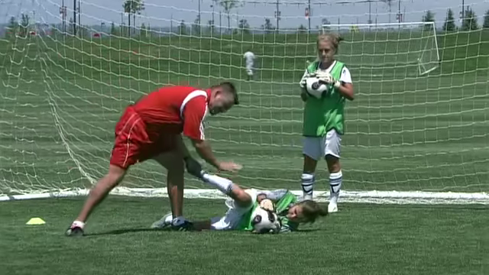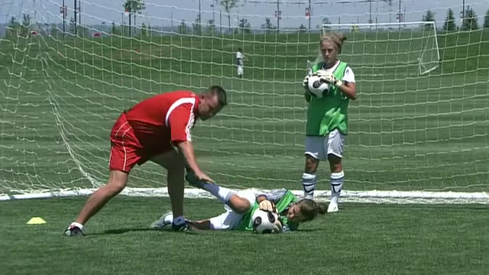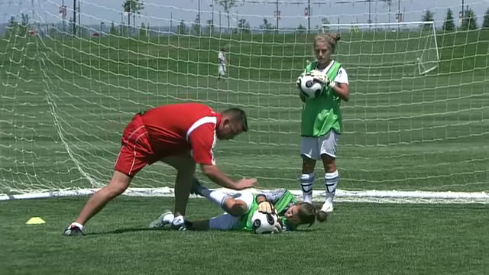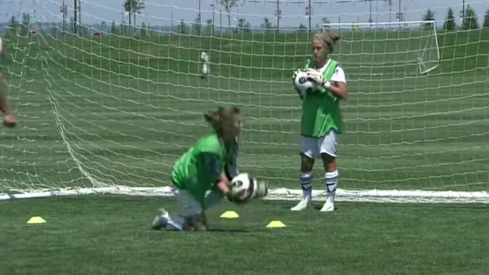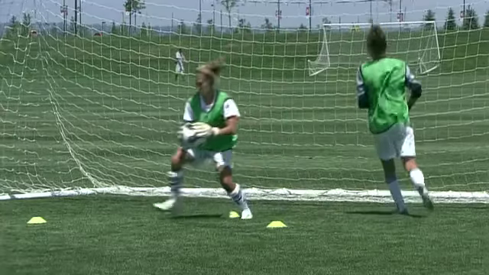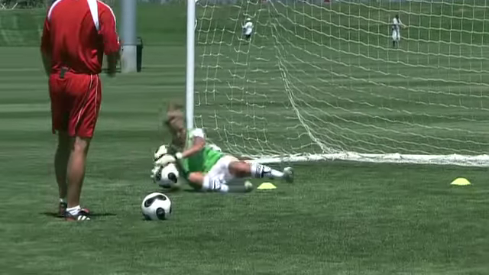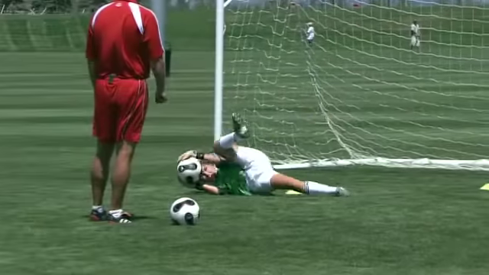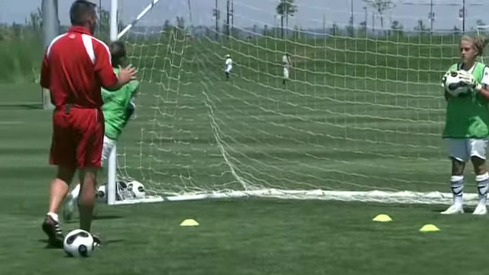You also want to protect yourself when you're down on the ground. There's lots of strikers and attacking players in here with their feet. You want to be able to protect yourself with your forearm and your upper leg. Excellent. Let's go off to the other side. Yep. Very good. Back up to your feet. Here we go, Natasha. Yep. Well done. Excellent. Now we're going to take it to the next level, which is I'm going to have you